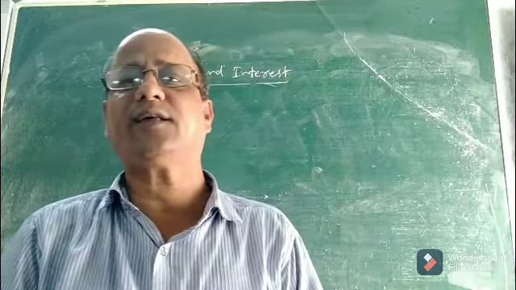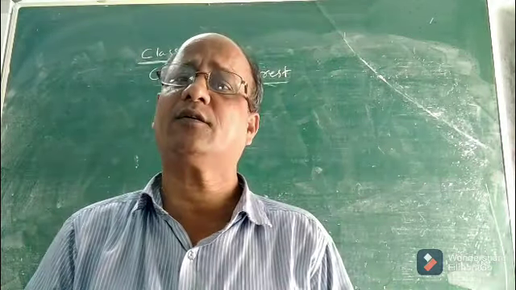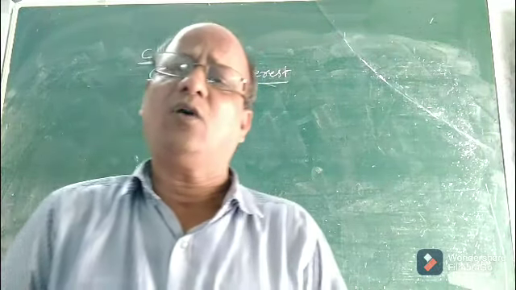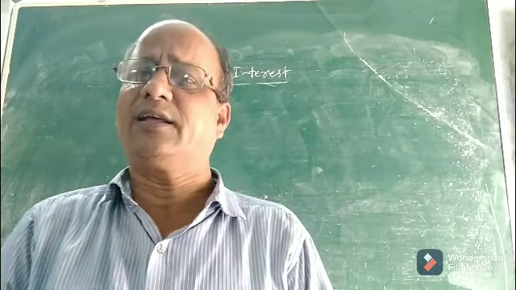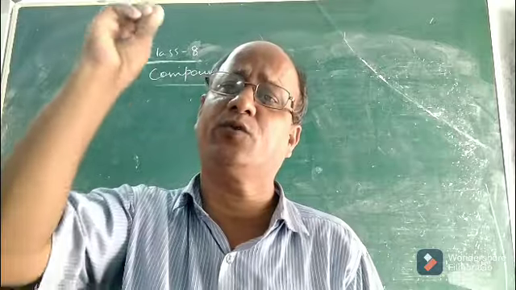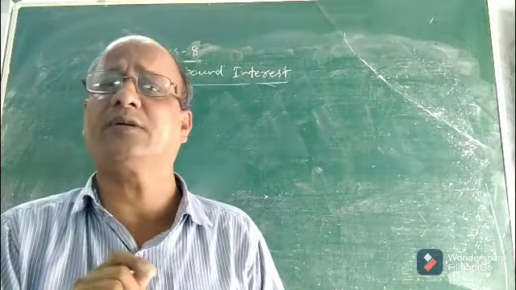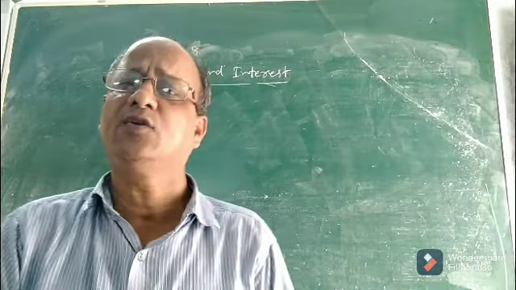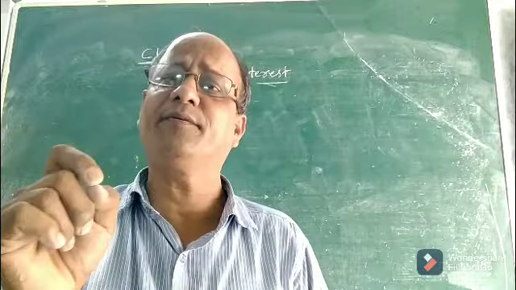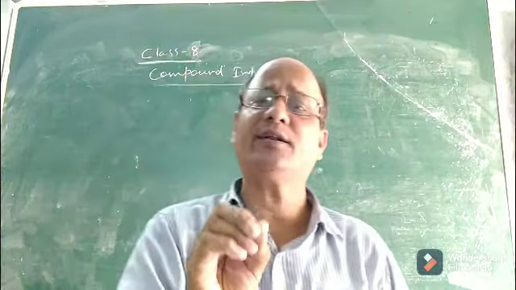Children, in the previous class I discussed the concept of compound interest and how to compute it using the unitary method. Now, the unitary method is of course a very lengthy method. It takes a lot of time to compute. Suppose the time period is given, say 3 years, 4 years, 5 years. In that case, it will take a lot of time to compute the compound interest if you follow the unitary method. So, it is better, convenient and time saving if we apply a formula. So, what is the formula for compound interest?